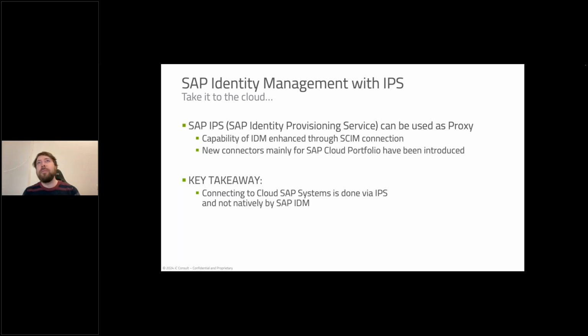And this new provisioning service took then care of the SAP cloud portfolio. So to connect an SAP Concur, to connect SuccessFactors, you could also run it in source target mode, meaning you take information from your Active Directory or from Azure and then push it into an SAP system. So things like that were possible, and the interface that was used to push data to IPS was the SCIM connection.